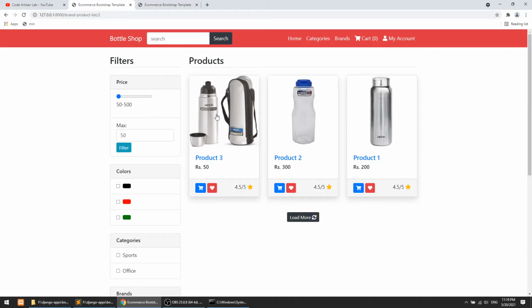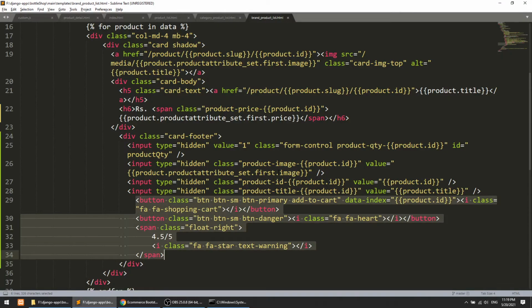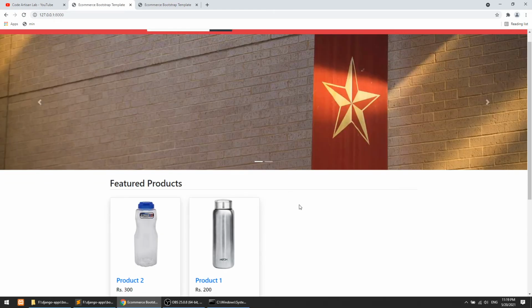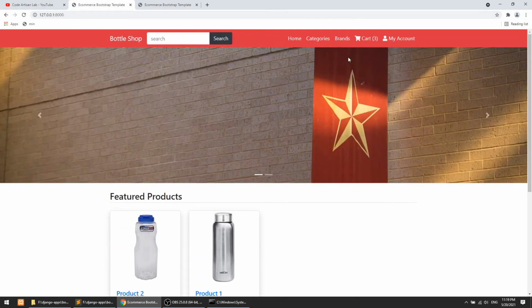This is Milton, and let's say we want to add this, so it is working to here. You can see three. Okay, so this is working fine. We have implemented this add to cart functionality with the help of this icon on our home page, all product list page, category and brand list page.